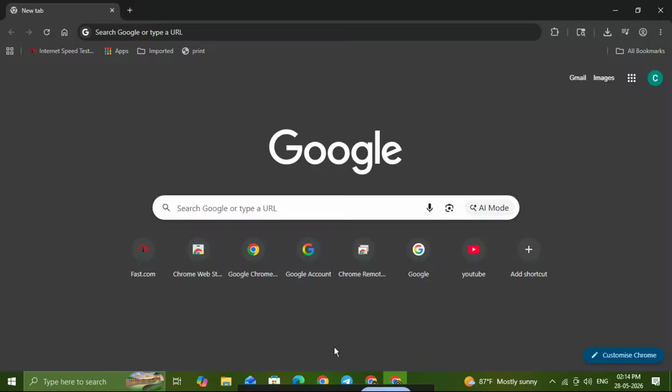If Chrome keeps bringing up Google Lens and you want to turn it off, you're in the right place. In this quick tutorial, I'll show you how to disable Google Lens in Chrome on Android using a hidden Chrome flag. This is a simple fix, and once you finish, Chrome will stop showing that Lens Overlay entry point in